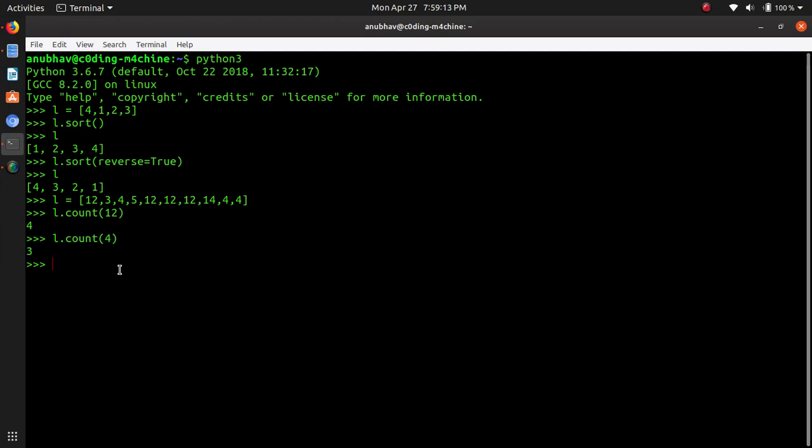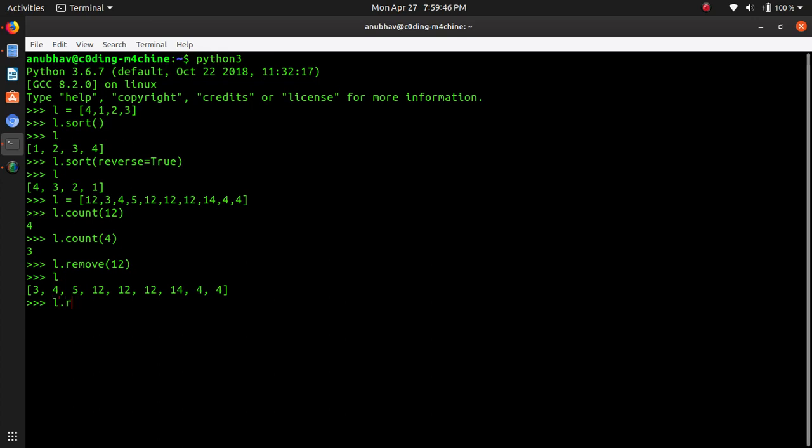So next function we will move on to is the remove function, which is used to remove an element from the list. Let's suppose I want to remove the element 12. If I remove 12 and check the list, you can see that the starting 12 has been removed. So it removes the first occurrence of that element.